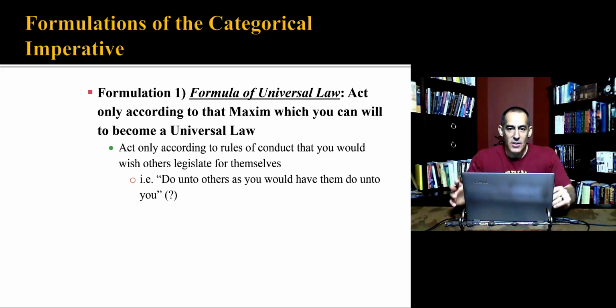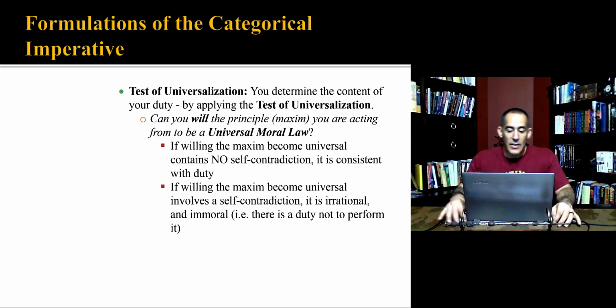Some people have suggested that the categorical imperative in a way breaks down to the golden rule, or that the two are basically the same thing. Others disagree heavily. So we're going to take a look and see if they are actually the same, even though on the surface I can admit they do appear to be similar. Now the test for universalization is going to be really important, because this is how you can start to put your maxim through the thought process and figure out whether or not it's a good or bad maxim.